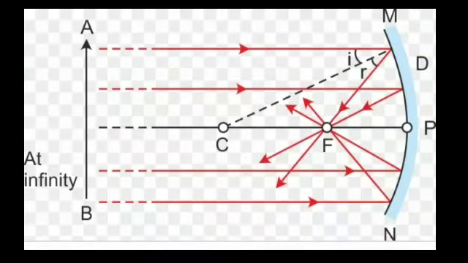The image produced by a plane mirror is a virtual image. This image is produced at a point from which the reflected light rays appear to diverge. Such an image cannot be obtained on a screen as the rays do not actually meet here.